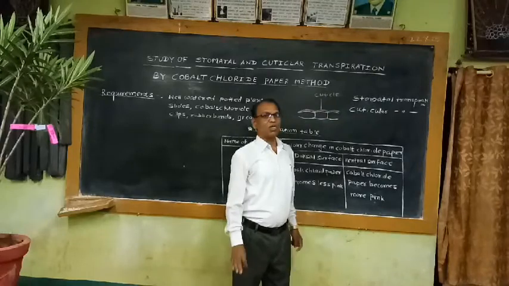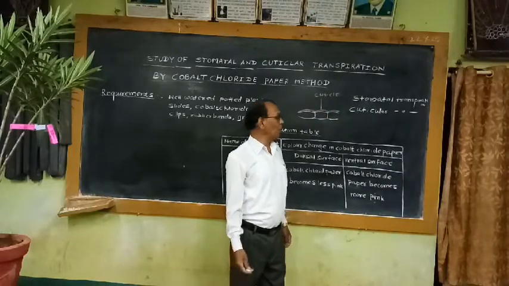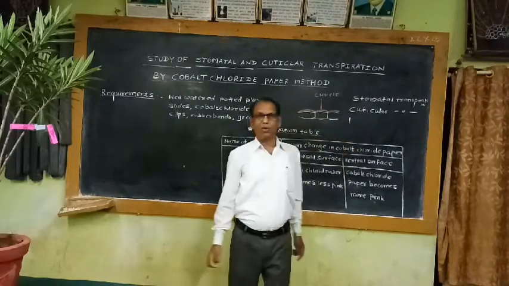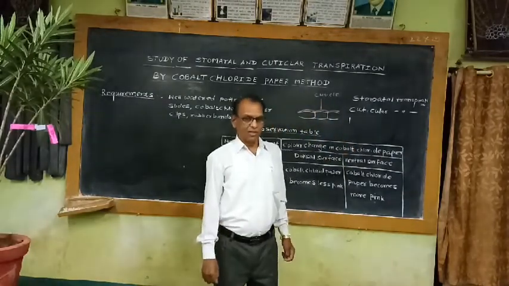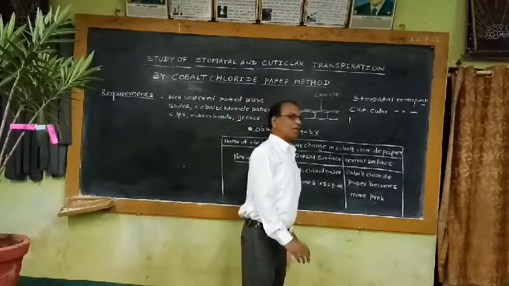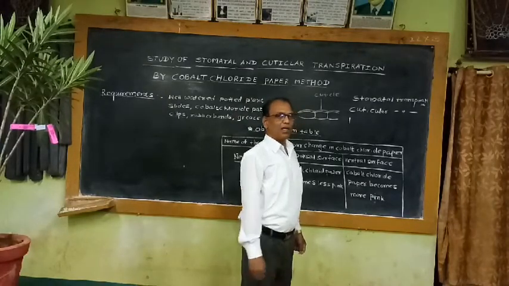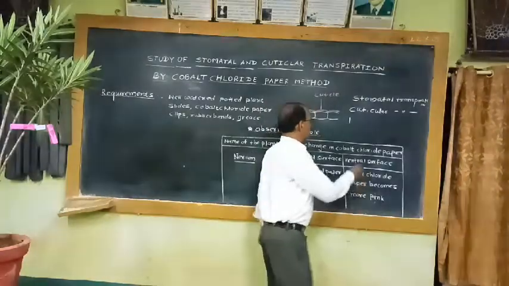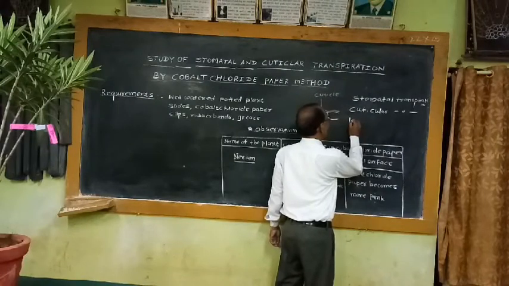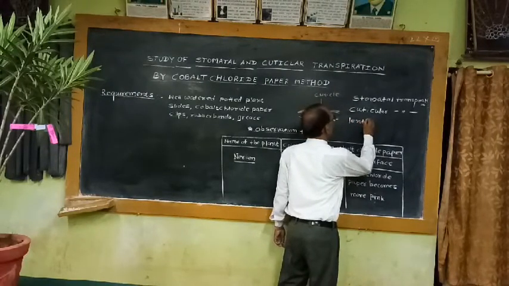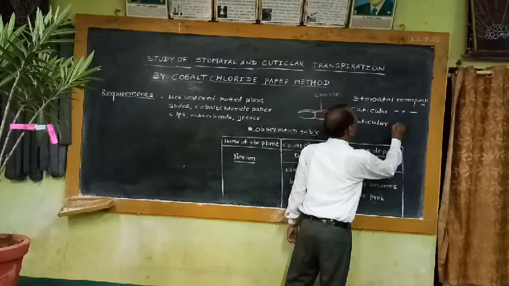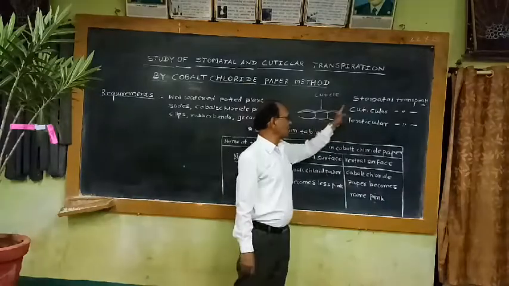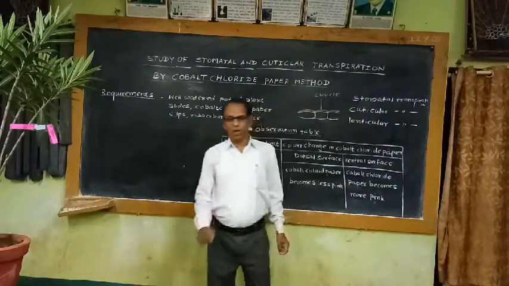Another structure is also observed in woody plants, commonly called lenticels. These lenticels are the open gaps with loose parenchyma cells in the periderm. After secondary growth, periderm is developed, and in this periderm, open gaps with loose cells are there. They are known as lenticels. So transpiration through these lenticels is known as lenticular transpiration. So there are three types of transpiration: stomatal transpiration, cuticular transpiration, and lenticular transpiration.